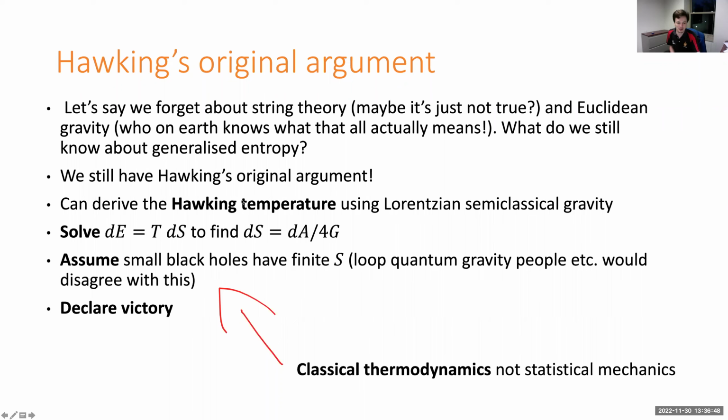So this formula is a 19th century formula, a definition of entropy that was come up with before there was any notion of a connection between entropy and counting something, counting the amount of noise, the number of degrees of freedom, whatever you want to call it. And that's really all we're doing here. So any argument that this means A over 4G is the statistical entropy of the black hole has to be just by analogy with how ordinary thermodynamics works, and the fact that 19th century classical thermodynamics ended up being explained by statistical mechanics, but that cannot be derived.